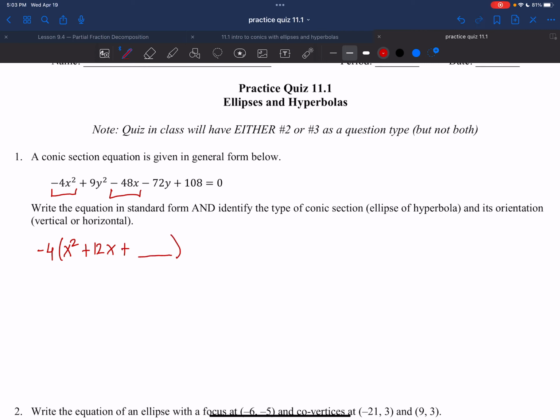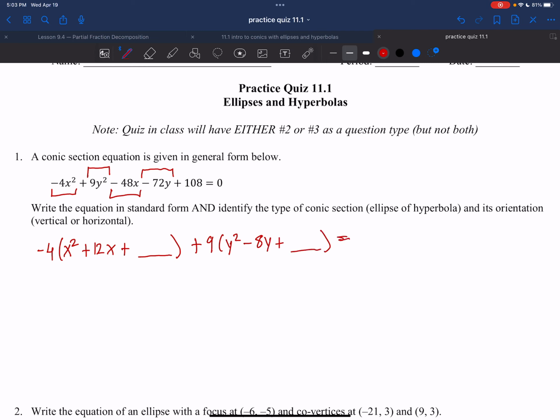So something goes in that blank. And then the thing that goes in that blank is what completes the square, but we're going to get to that. Then I go to y, right? I say 9y squared and minus 72y. Well, 9 is not 1, so I need to factor out a 9. I say y squared minus 8y plus blank